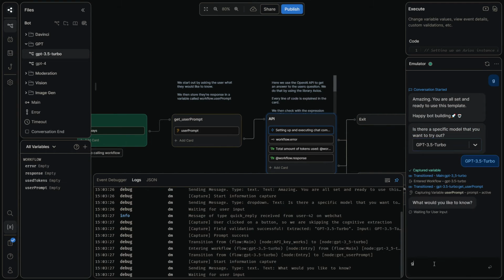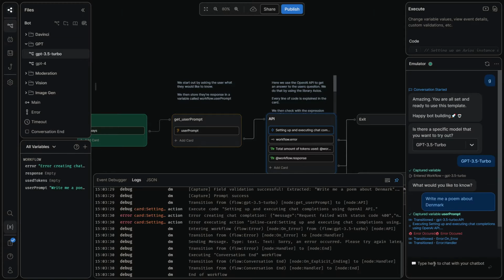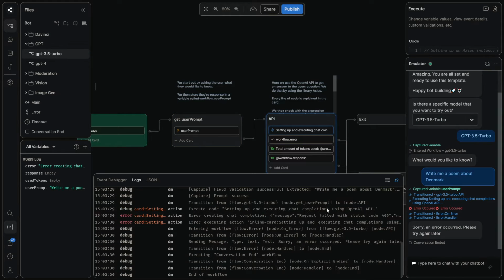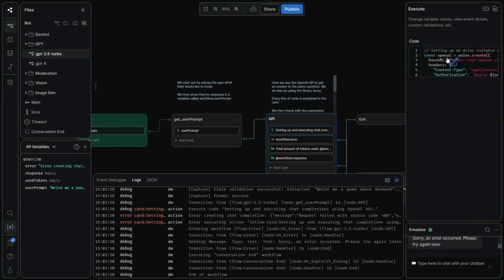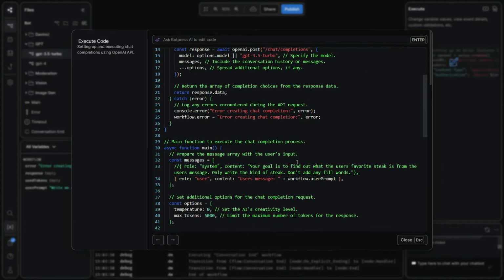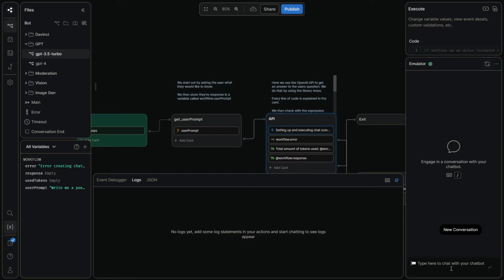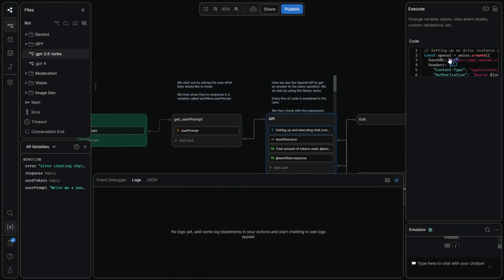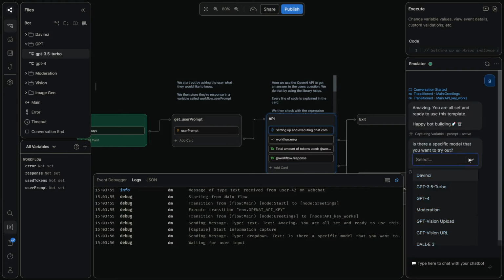We can go back in here and say, write me a poem about Denmark. And then an error occurred with status code 500. I probably did something wrong. Oh yeah, this is too high. This is because the amount of tokens the bot can take is less than 5,000. So if you set this to 1,000, then the maximum amount of tokens it can take is less than 5,000. So if you just try that again,